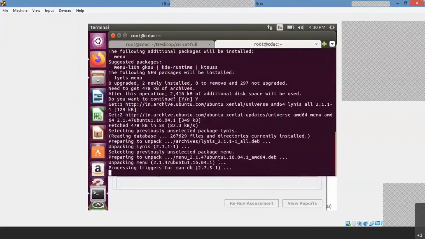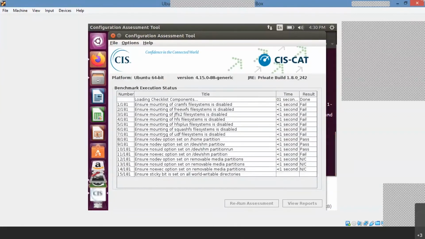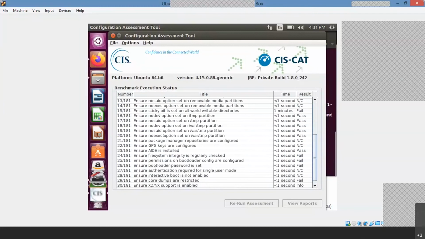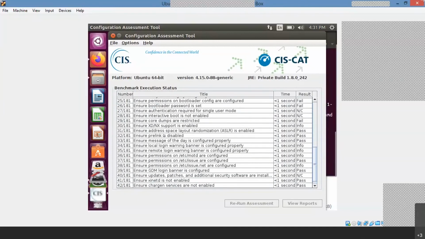Let me just check what exactly it is giving. So this assessment has been started.